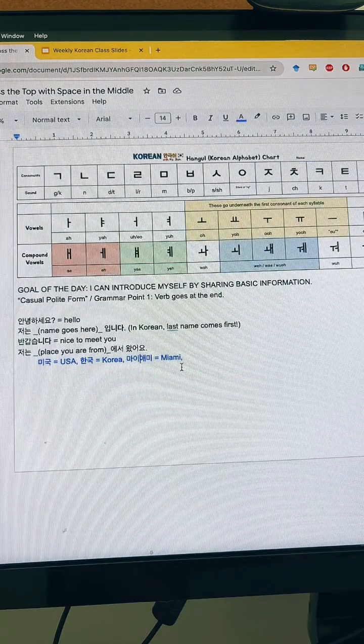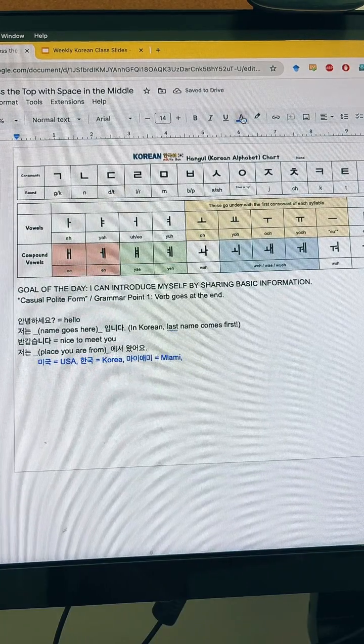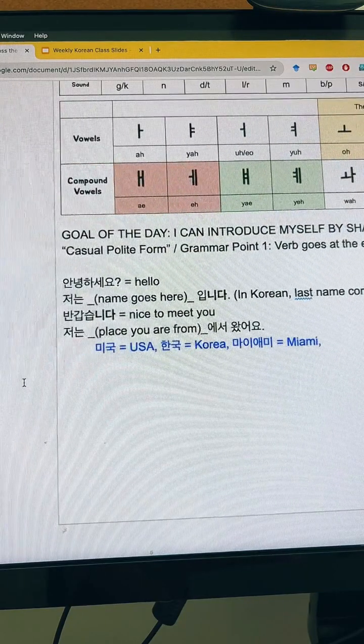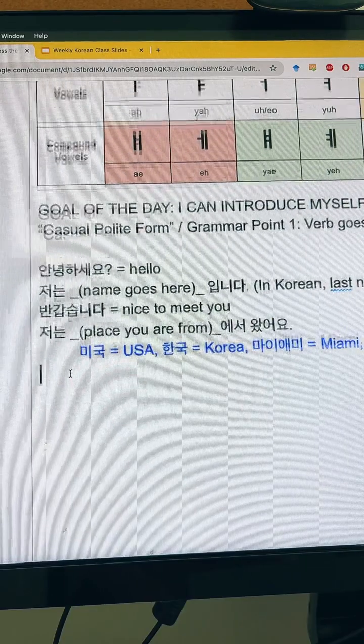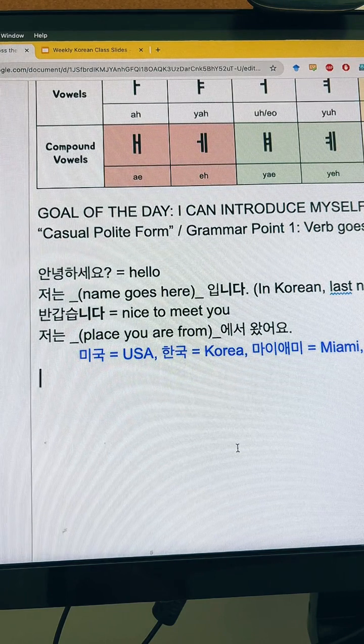What else do you want to share in your self-introduction for the first time? There's lots you can share. In Korean, they tend to ask for people's ages. You might have already realized that. You can say